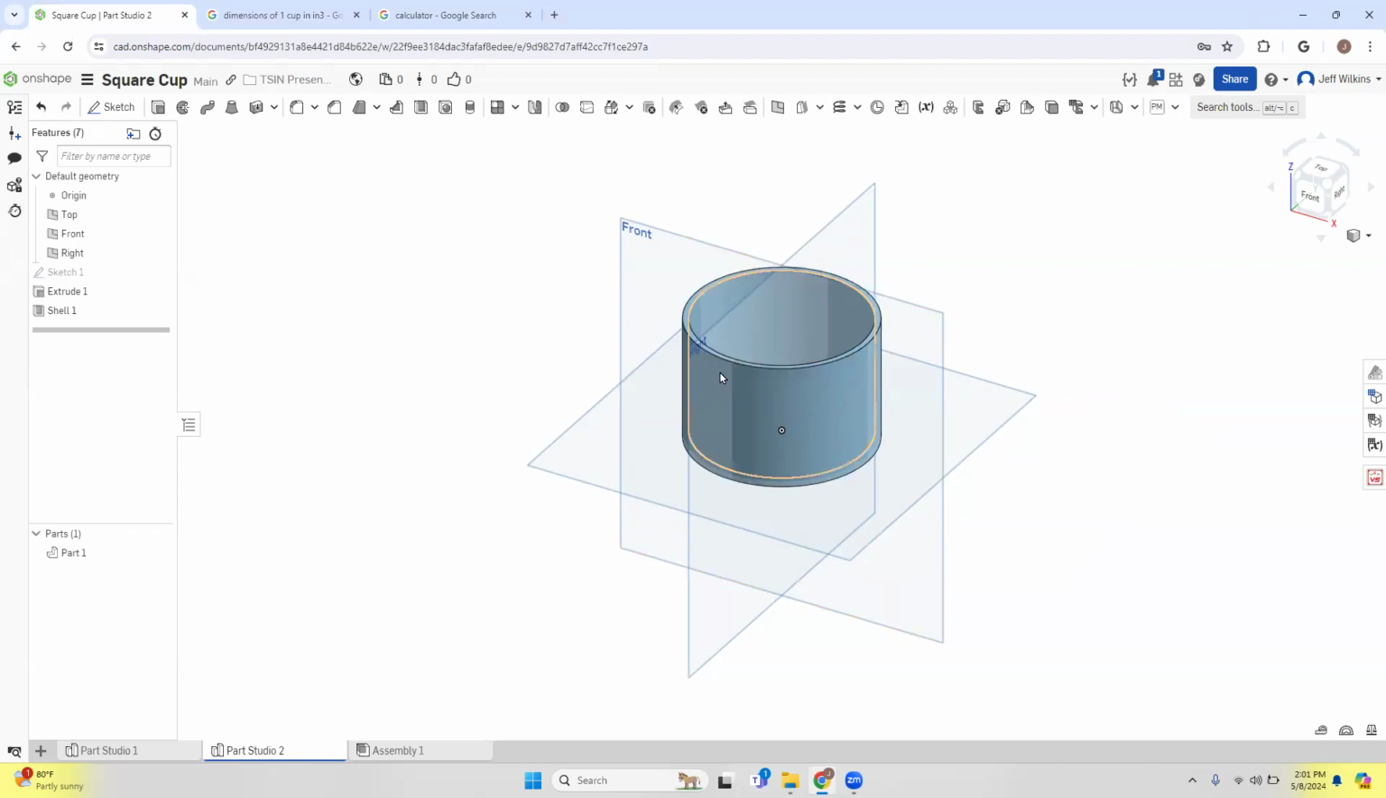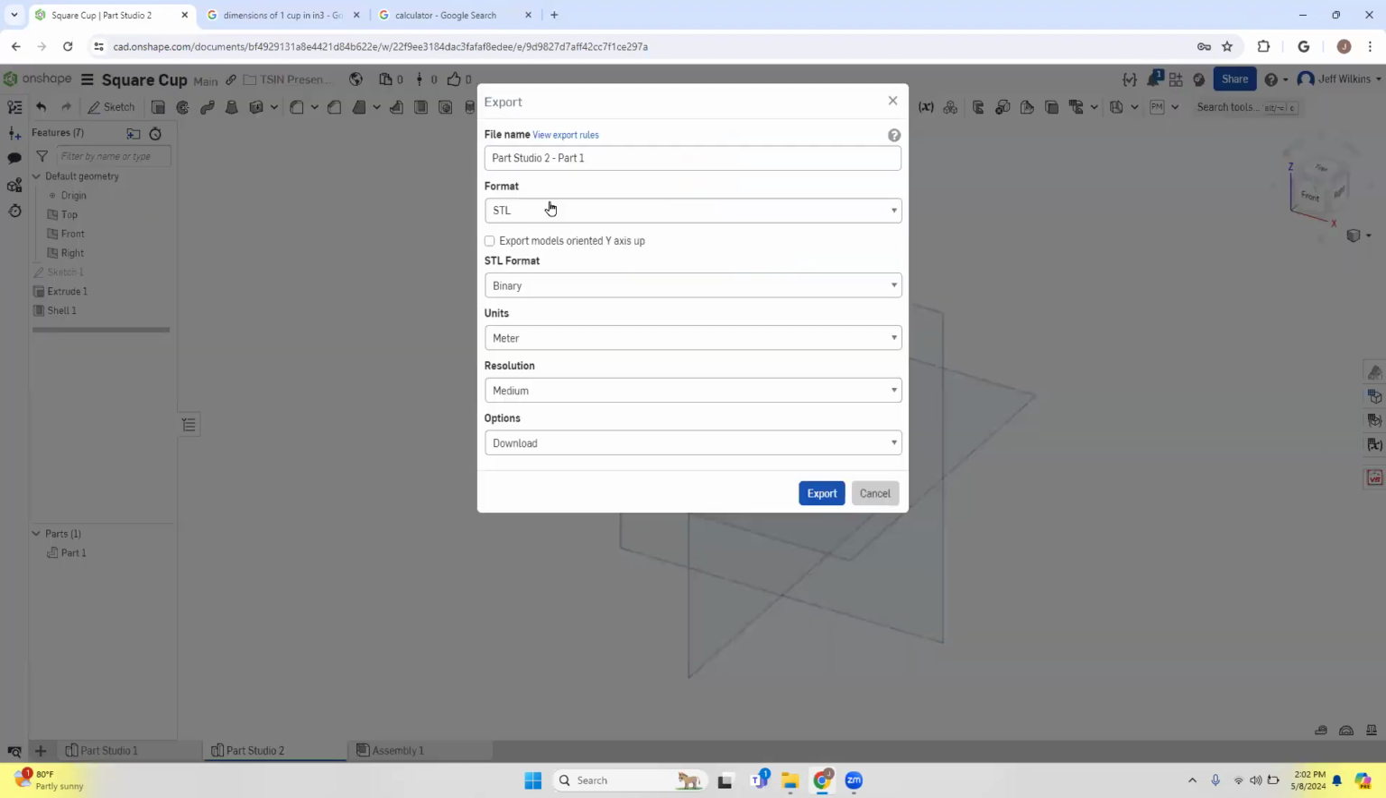So how do we get this to a 3D printable file? We can go to the part here, and we want to export the part. So click on the part, click on export, and now we want it to export as an STL. And then this one could be a